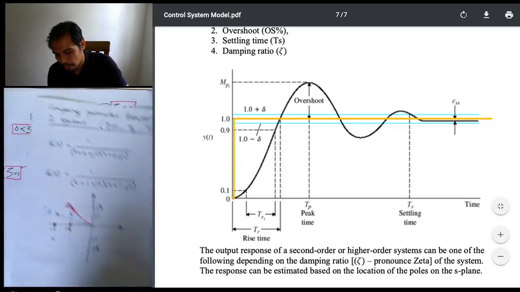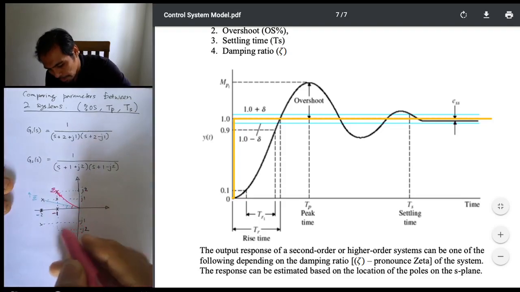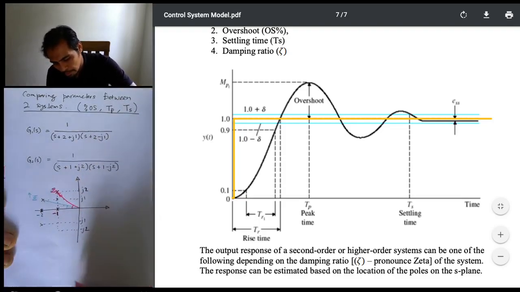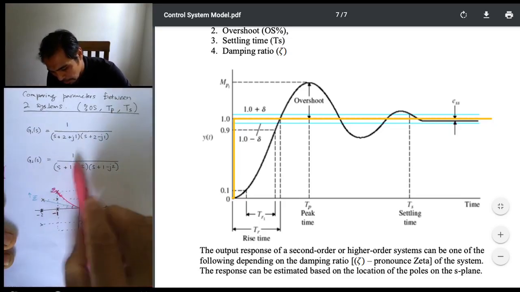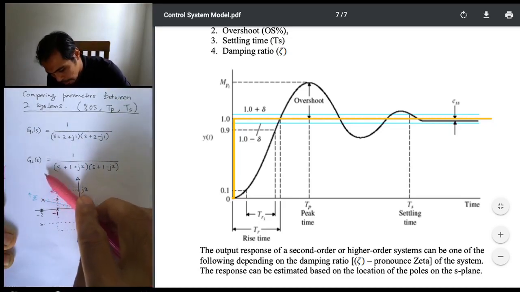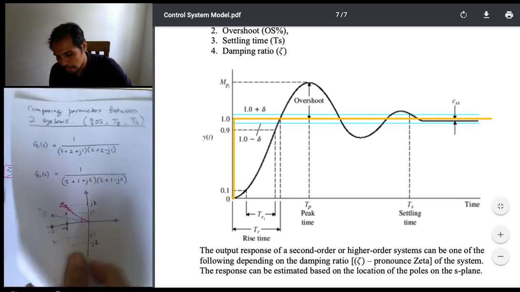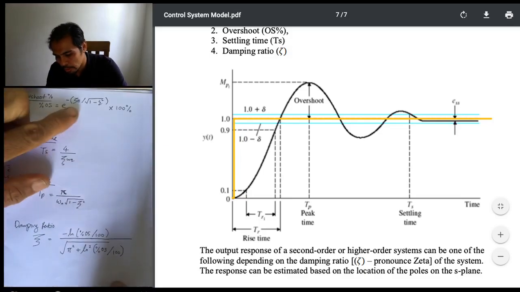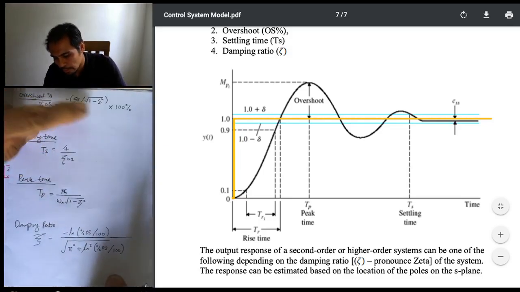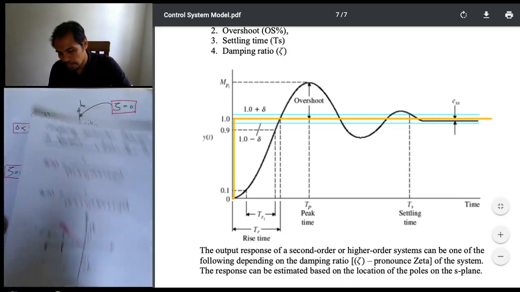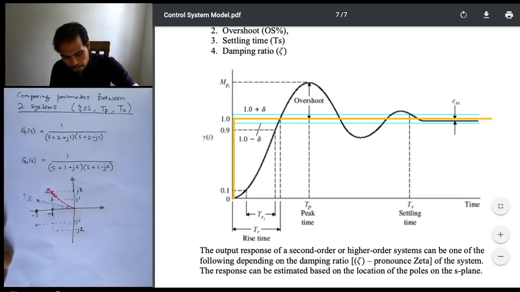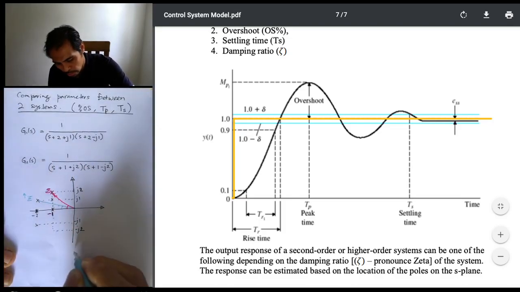If this one is increasing, the overshoot is increasing as well, because the overshoot is a function of zeta. So we can say that between these two systems,